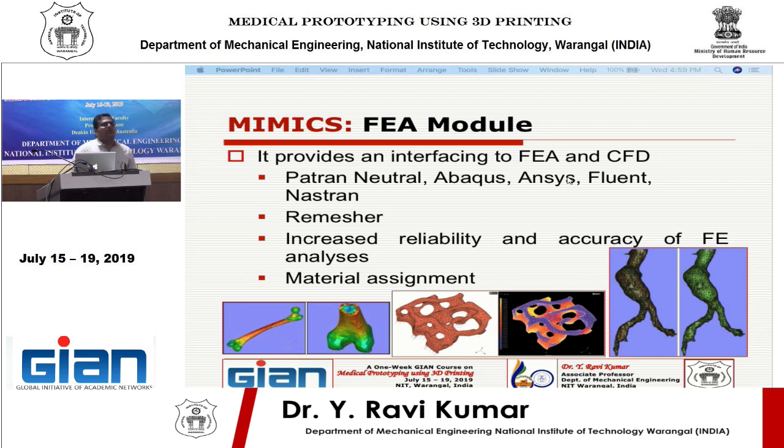It may not have all the biomaterials or natural tissues or a kind of data bank. It may not have that in ANSYS. Why? Because ANSYS's intention is different. It's not a medical software. So you have standard materials. Yes, you have a material assignment in ANSYS, but you are looking for medical related materials. So definitely they may have some kind of data bank which you can even assign the different materials, but